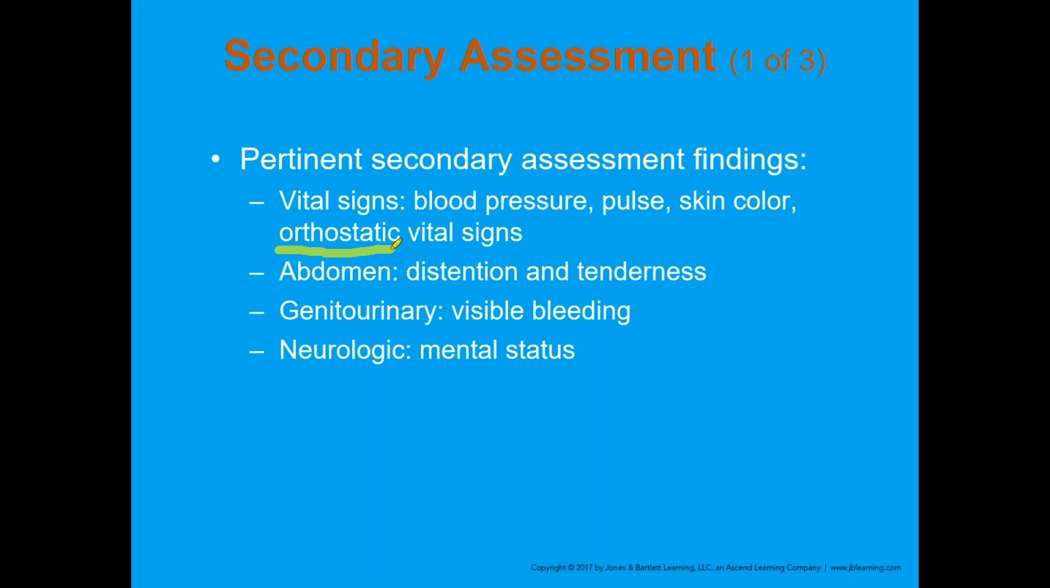We may see some distension and tenderness in the abdomen. We may see visible bleeding from the genitourinary areas. We may see some neurologic mental status changes. You may not always get to see that huge amount of blood that we talk about, but if you're starting to see problems here and here and here, in a patient who has a near syncopal, or you're having a difficult time keeping awake to keep talking to you,